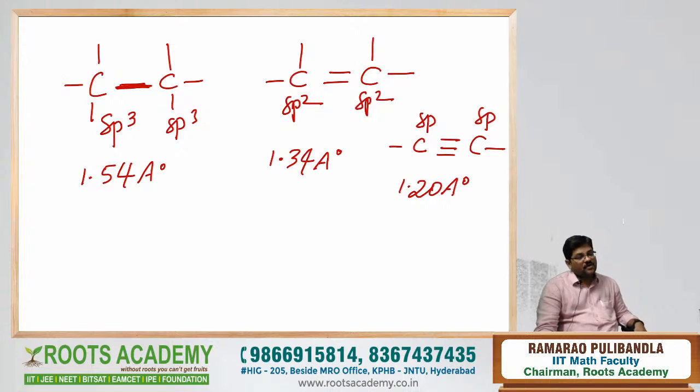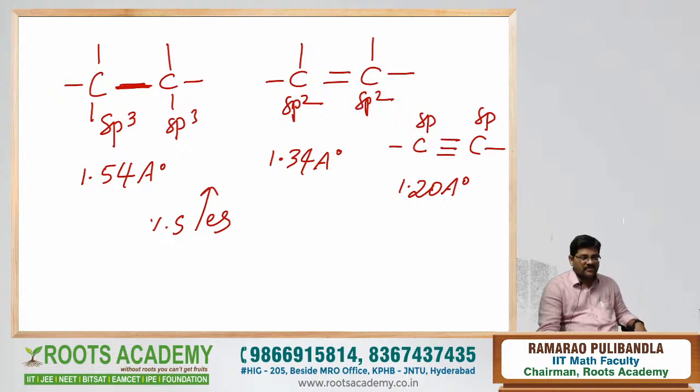The C=C double bond length is what? The C=C double bond length is 1.34 angstroms. The C≡C triple bond length is what? 1.20 angstroms. That means, as the percentage of s character increases,